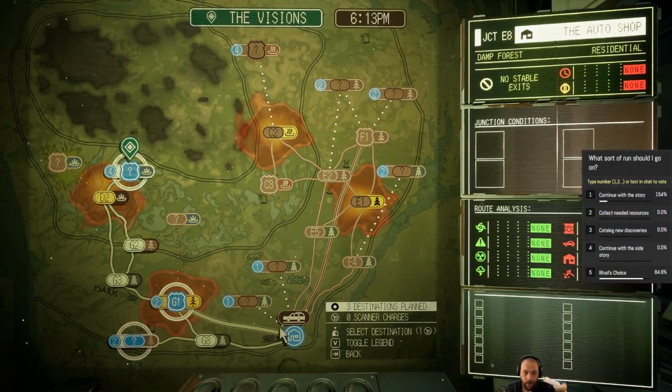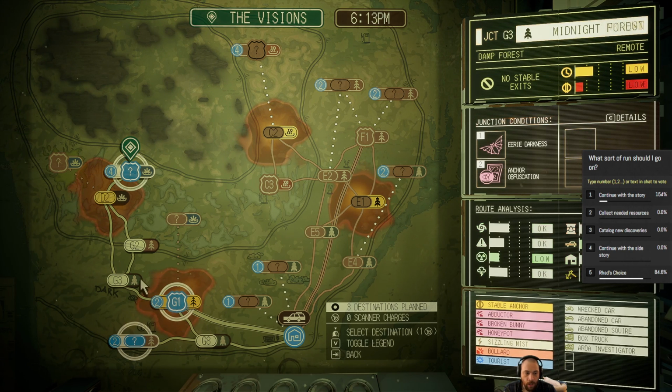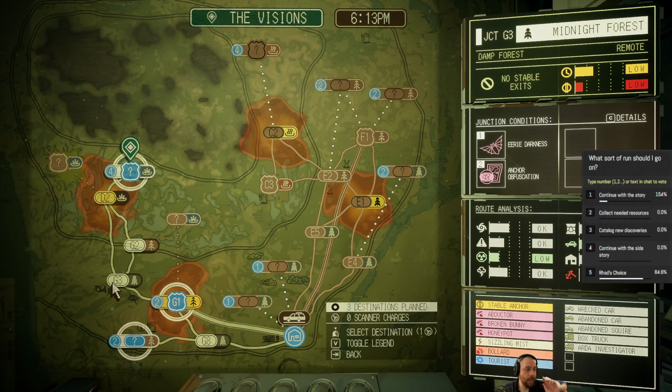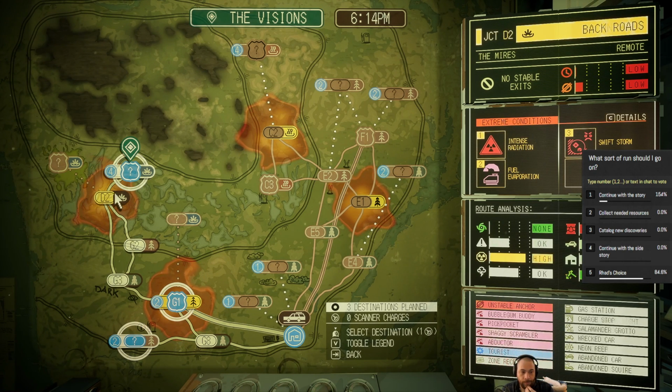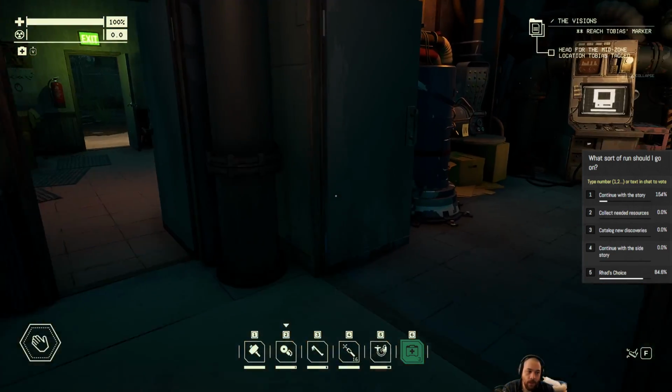What is there along the way? Touch and go, shocking speed. Oh, Lord. Eerie darkness, anchor obfuscation. So let's get our anchor radar out of storage, because we're going to need it. Fuel evaporation, intense radiation, and Swiss storm. Okay, given that there's fuel evaporation also in the zone,